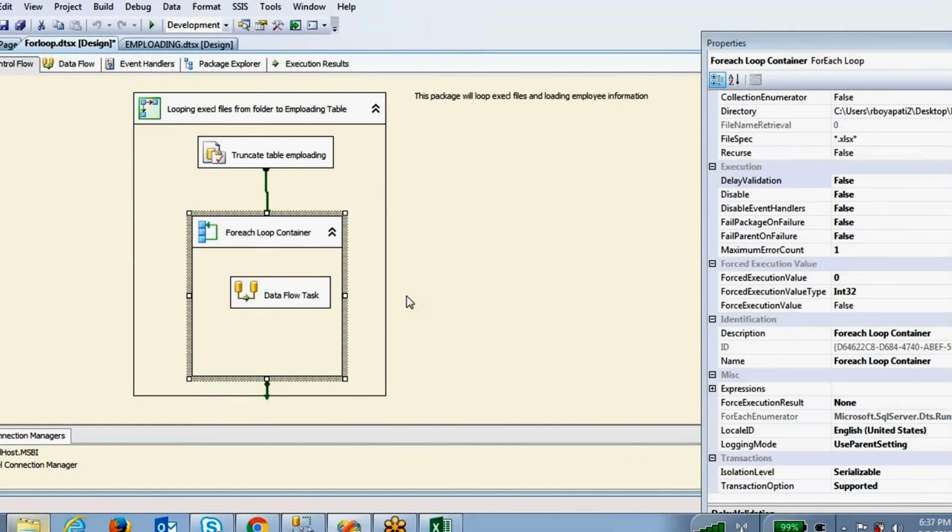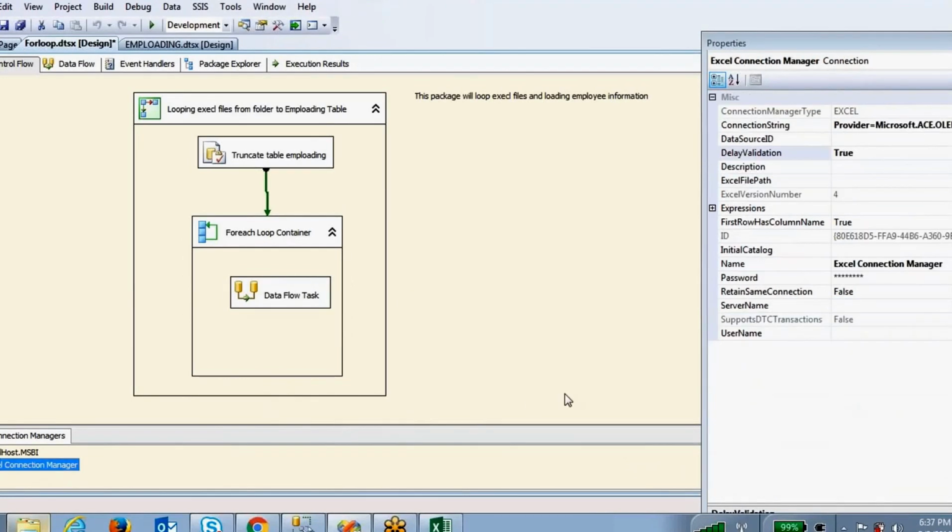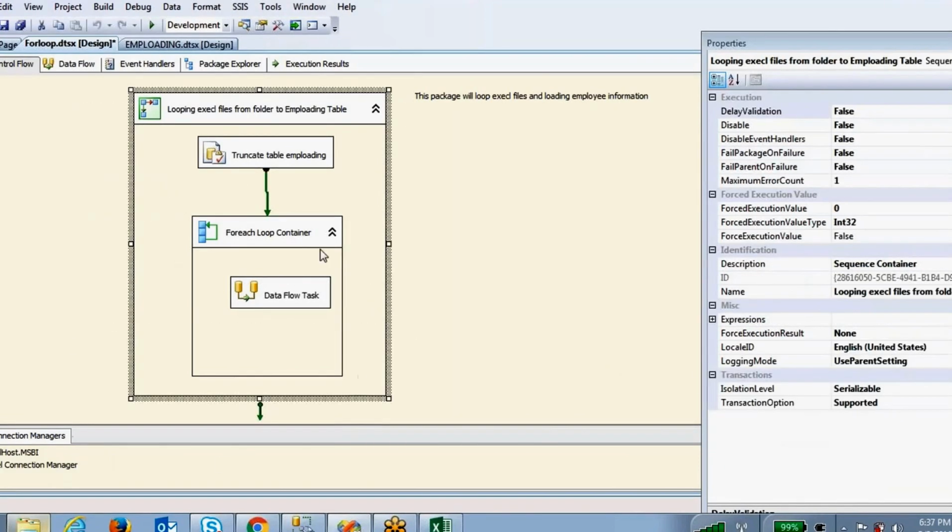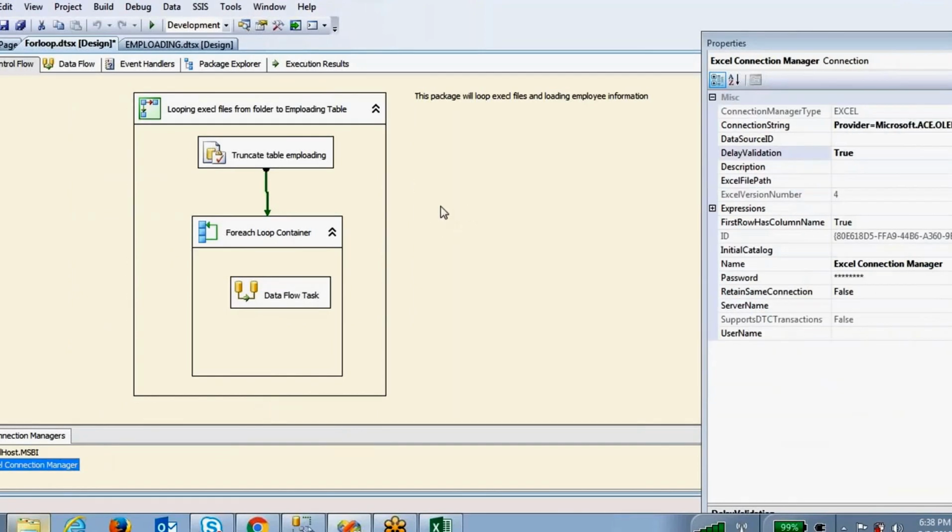So we tell SSIS not to validate at design time whether the connection is given properly. Once the execution is started, this variable will get the file path and then this connection will get the file path information.